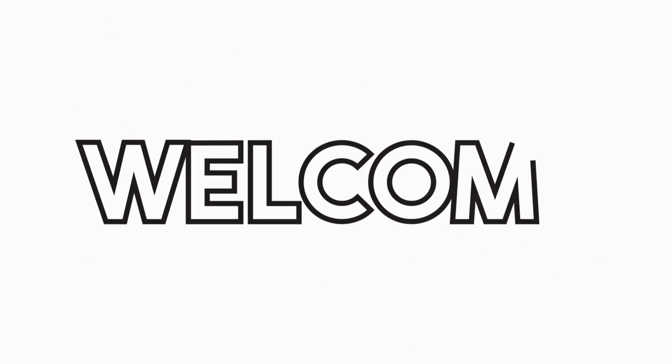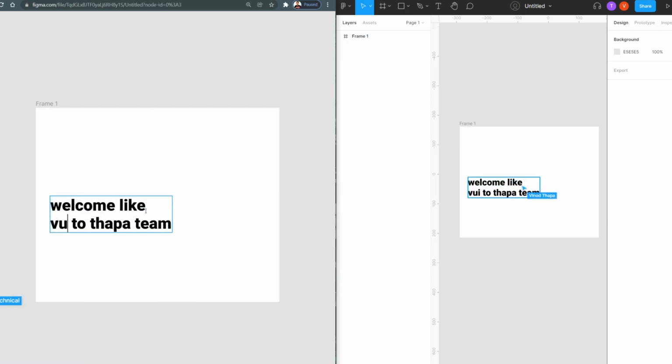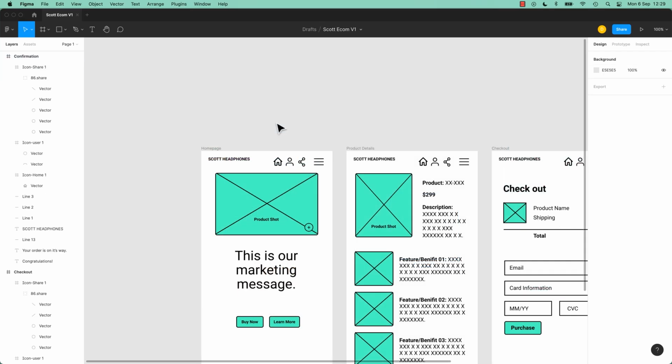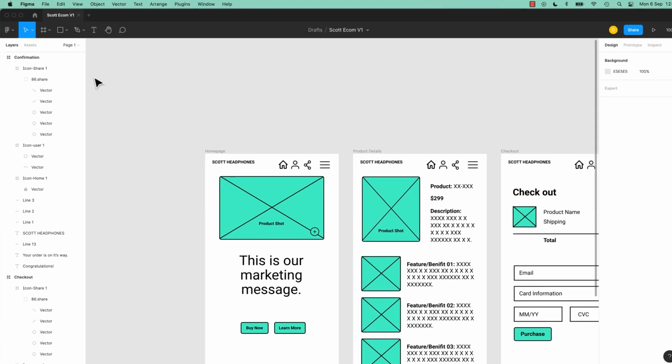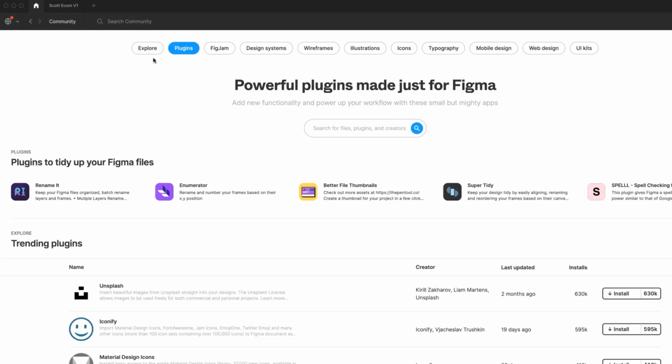If you've been following along, you already know that we've delved into collaboration and project management in Figma. But now we're stepping into a powerful area that can truly elevate your design game: Figma plugins. Dear friends, plugins in Figma extend the platform's capabilities, allowing you to streamline your workflow, enhance your design process, and